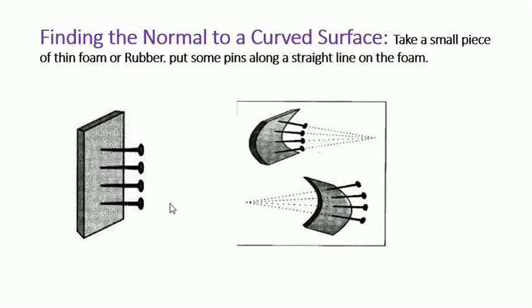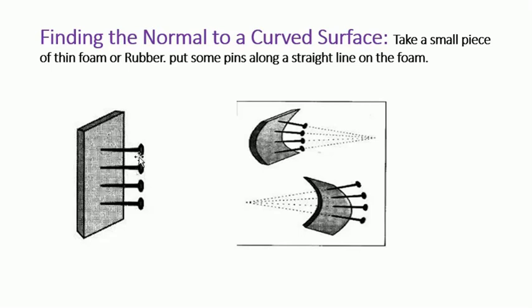Finding the normal to a curved surface. Take a small piece of thin foam or rubber, and put some pins along a straight line on the foam. All these pins are perpendicular to the plane of the foam. If the foam is considered as a mirror, each pin would represent the normal at that point. Any ray incident at the point where the pin makes contact with the surface will reflect with the same